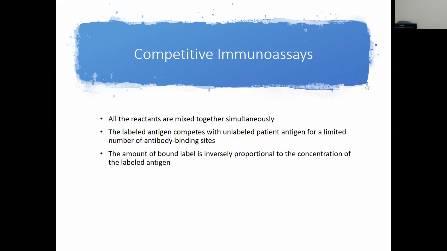So to set up a competitive immunoassay, we're going to take labeled antigen. So we're going to know how much of that we're adding. We got an antigen label, and we're adding that to the sample. The thing we don't know is the patient antigen. Okay, we don't know how much is there. It's unlabeled because we didn't have it to start off with. We're testing for an antigen. Look at it that way.